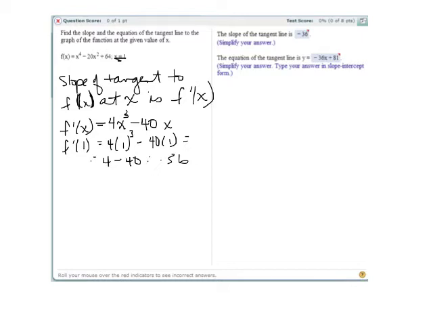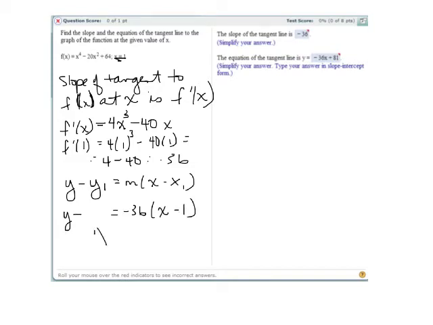Now to find the equation of the tangent line, you not only need the slope, but you eventually need the y-intercept. But we're going to go ahead and use the y minus the y coordinate of a point on the line is equal to the slope times x minus an x coordinate on the line. We're going to use that form, otherwise known as the point-slope form. And then we'll eventually get it in the slope-intercept form. All right, well, we have the m part. We don't have the y1 part, so I'm going to leave that empty. So we've got negative 36 times x minus, we do have the x part. They tell us that x equals 1, so I'm going to go ahead and use that.